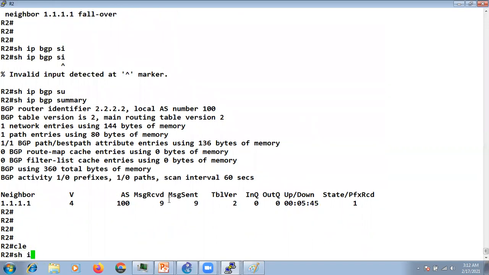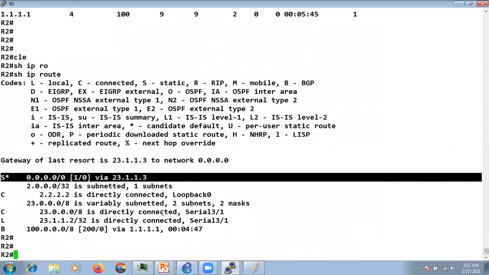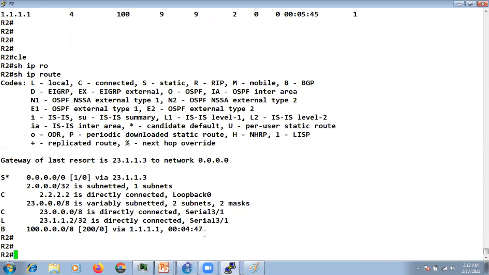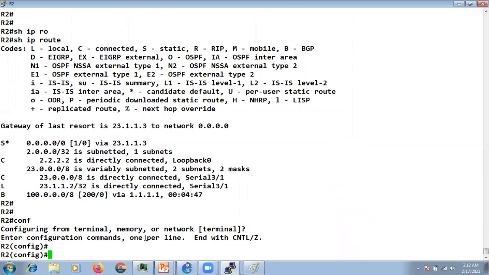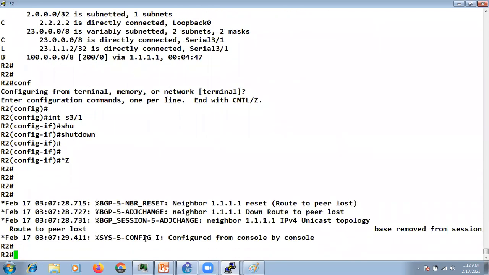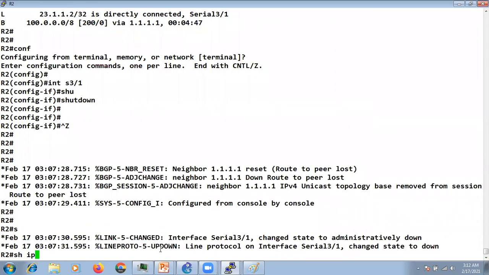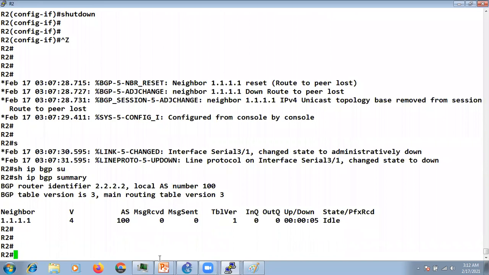Because now if you go to show IP route, you can see you have only the default route, right? Now if I go to serial 3/1, let's say, and I do a shutdown, now your neighborship is down, right? Why?